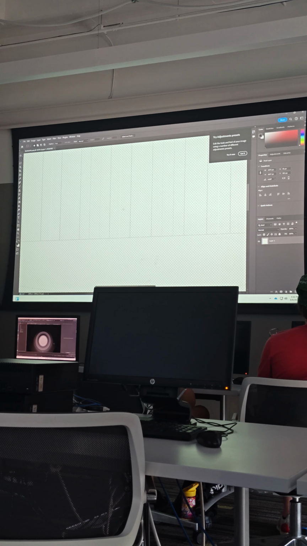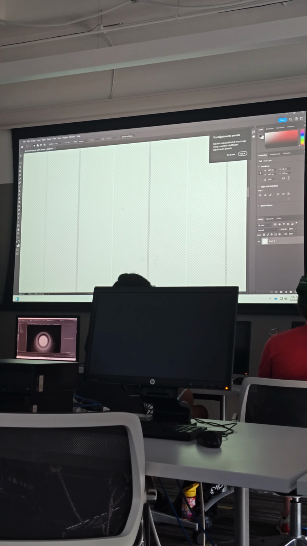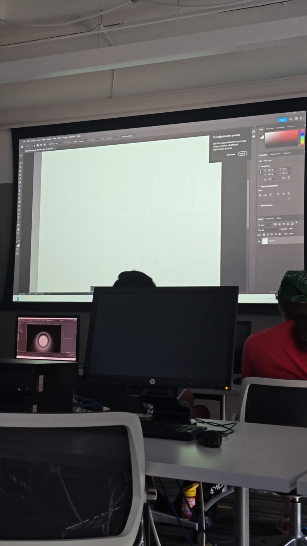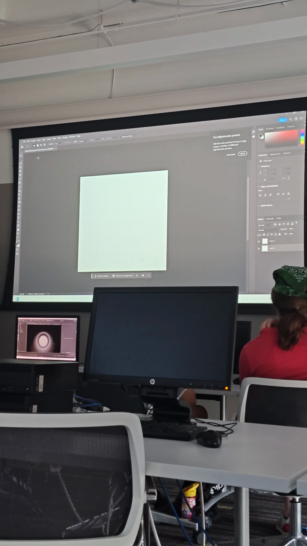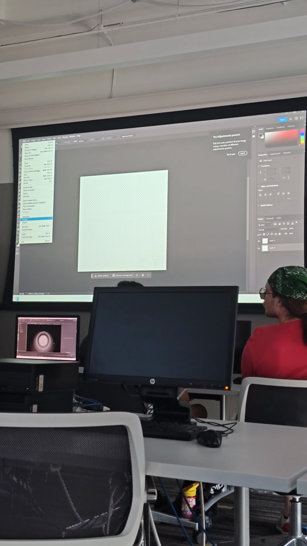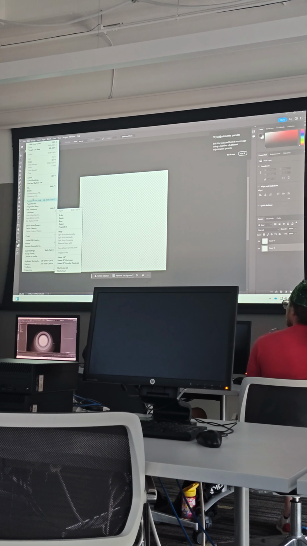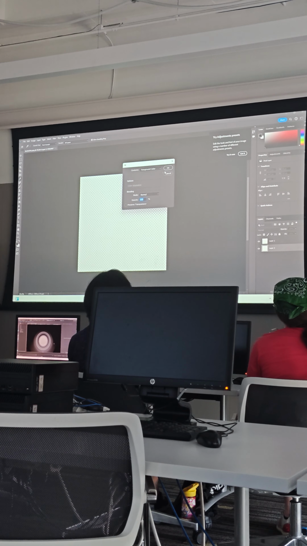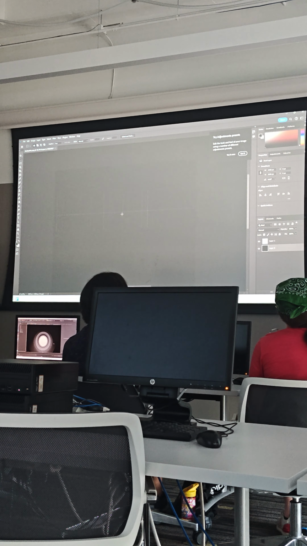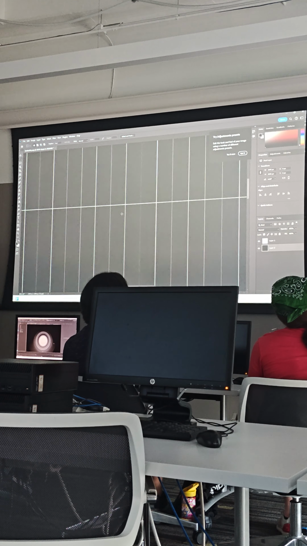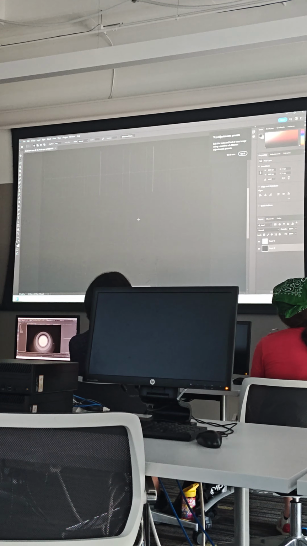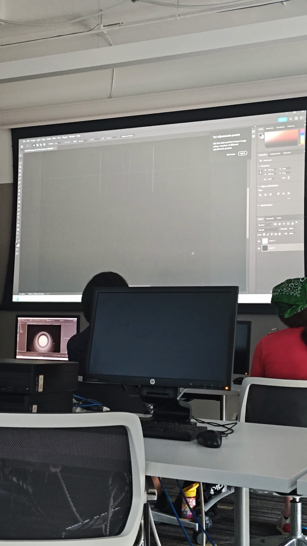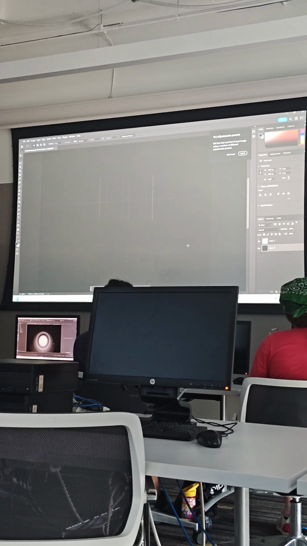If I zoom in, all the little black lines in there are my UVs. It'll look better if I give it a background. There we go. All right. So one of the first things I usually